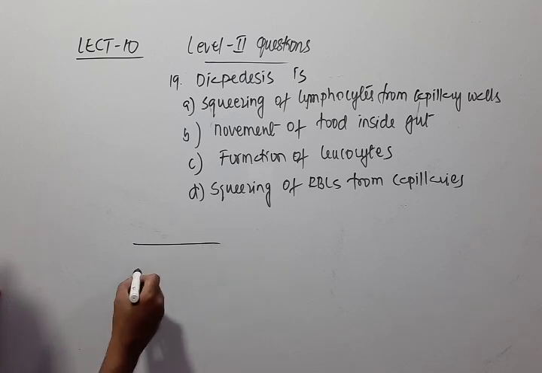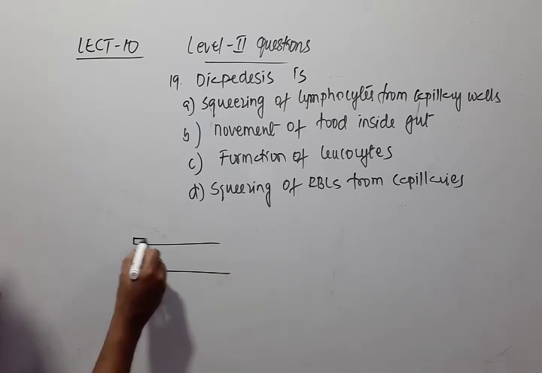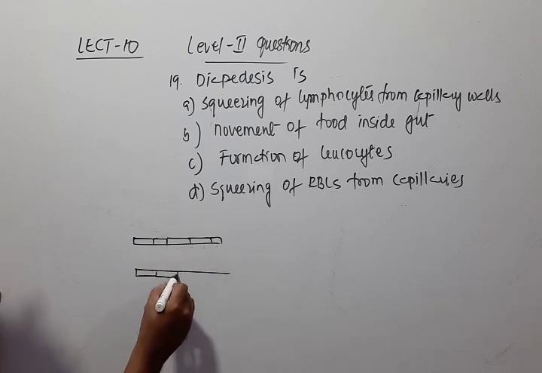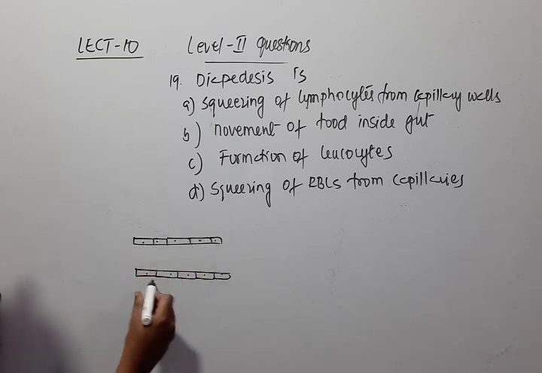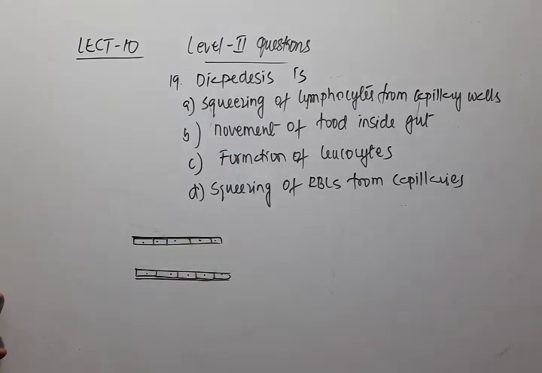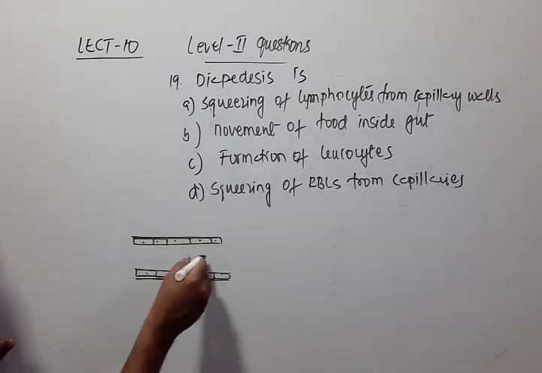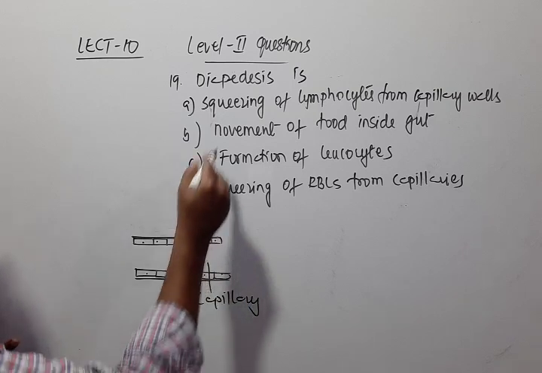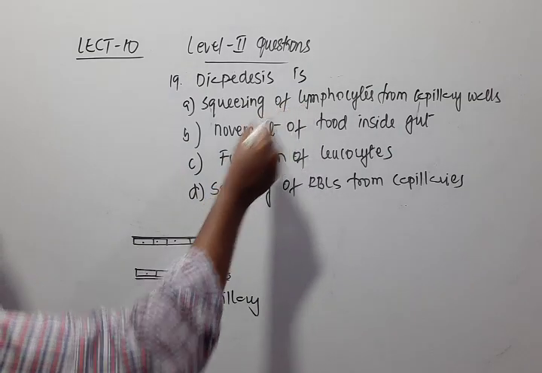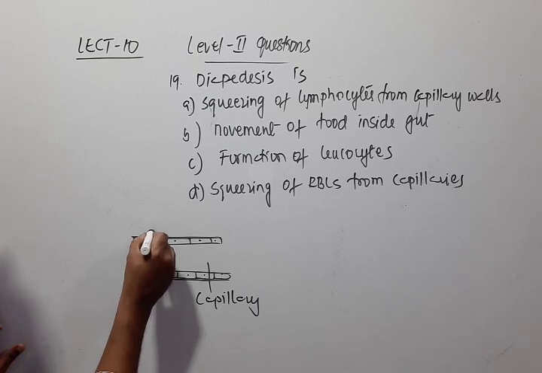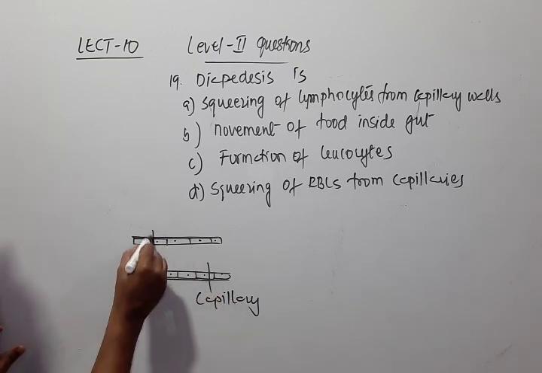We know that when the blood is flowing through the capillaries, which consist of only a single layer of endothelium and have a basement membrane, the WBCs, like these lymphocytes, have a property of moving out of these capillaries through the spaces